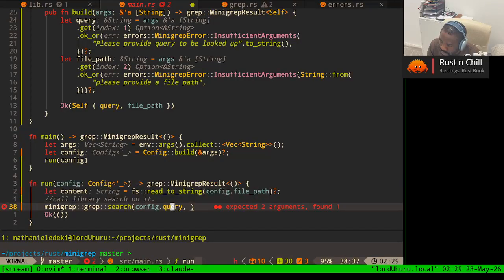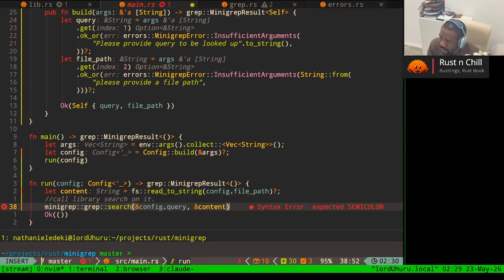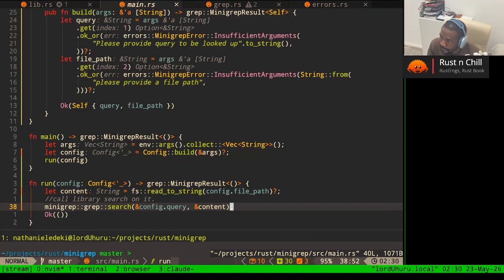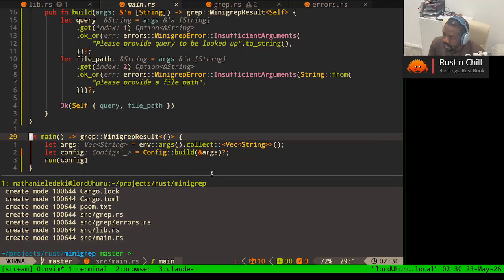Actually, content. Yeah, but in any case, it's not implemented, so we will have an unimplemented